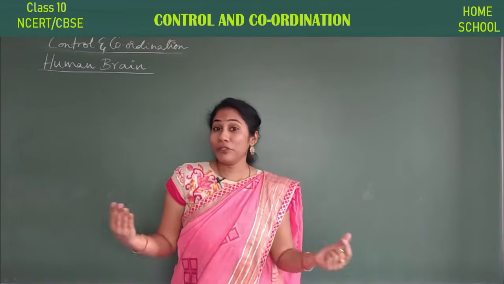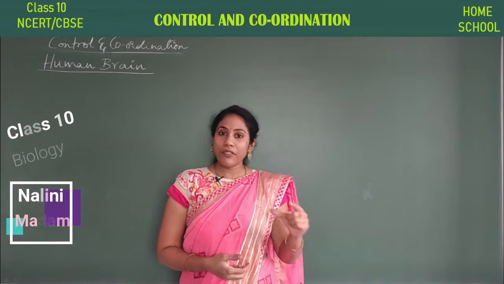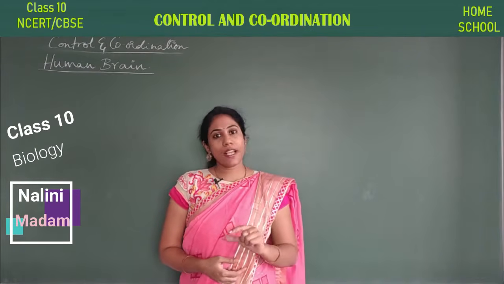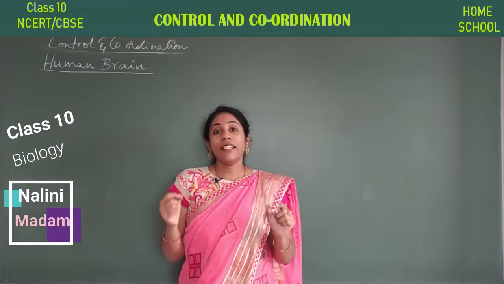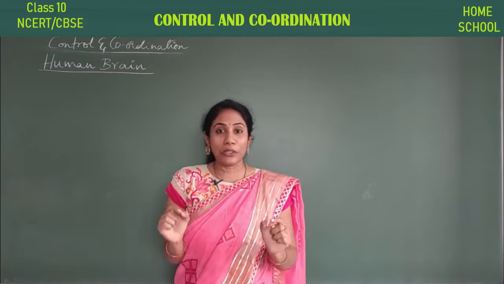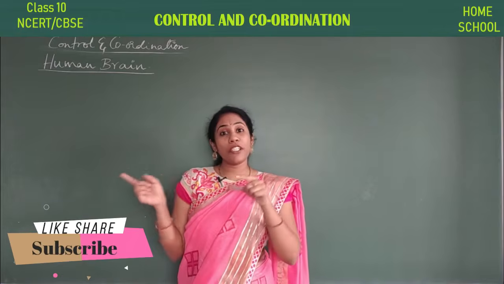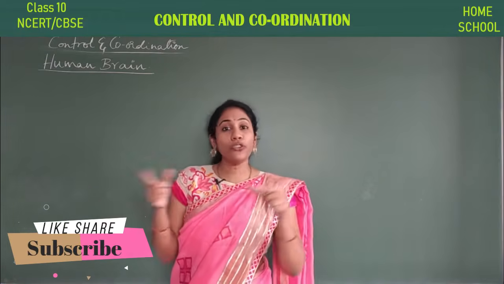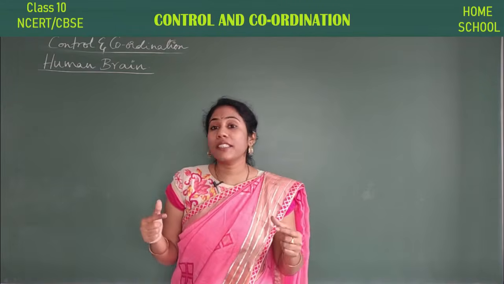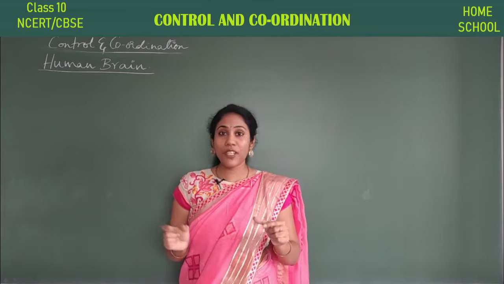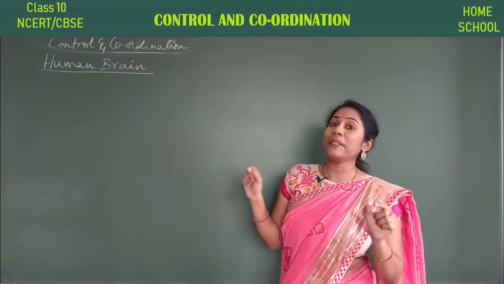And we all know that we are with the chapter Control and Coordination. So in my previous videos, we discussed basic introduction about control and coordination and about a special hero of the entire system called neuron, isn't it? So we also discussed how information passes from one neuron to another neuron. Okay, and today we are going to discuss about the human brain. First and foremost, let us try to discuss how to draw a human brain easily.